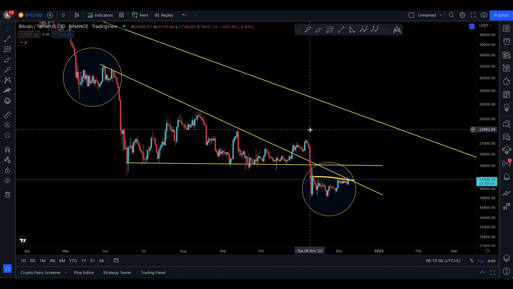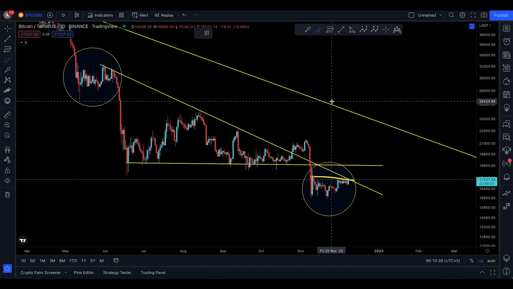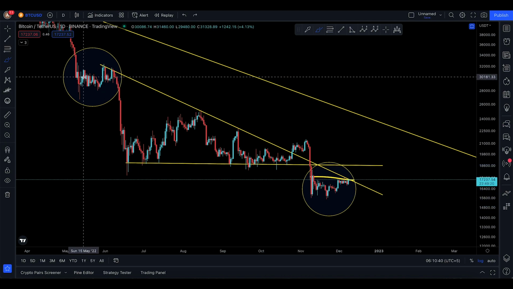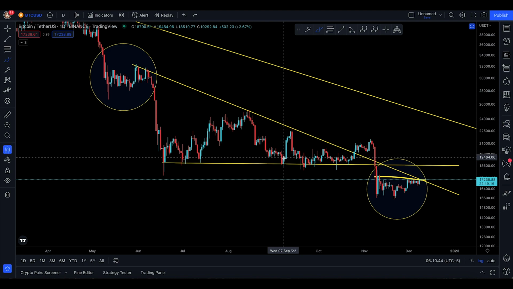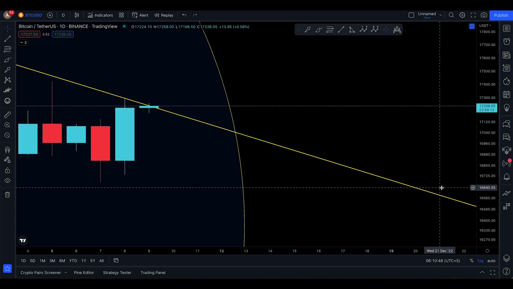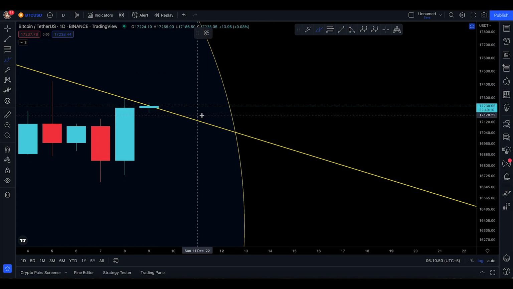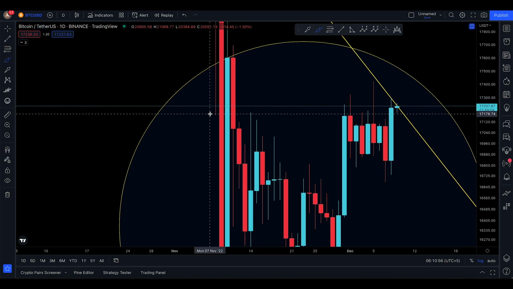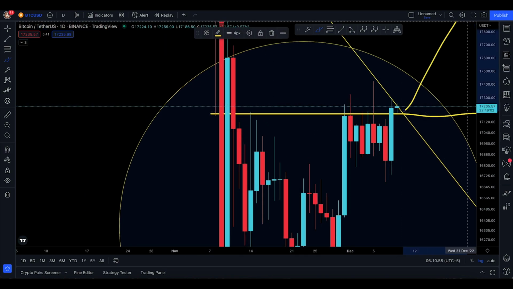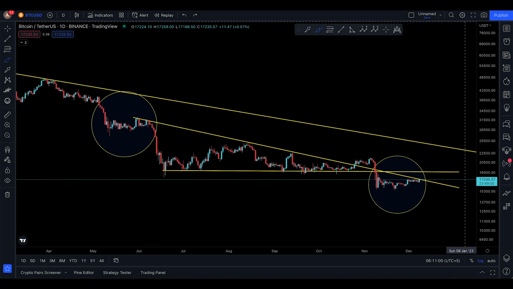By the way, I don't think that's gonna happen, because I just see this one being very, very similar to this one. I can be wrong, but if you're gonna be breaking out of that thing, then it only means that you're breaking out of this resistance, which you're not even doing. Break out of that resistance, you're breaking out of this small little pattern that you have right over there, and you're trying to move even a little bit higher. So that's one thing that I can expect.